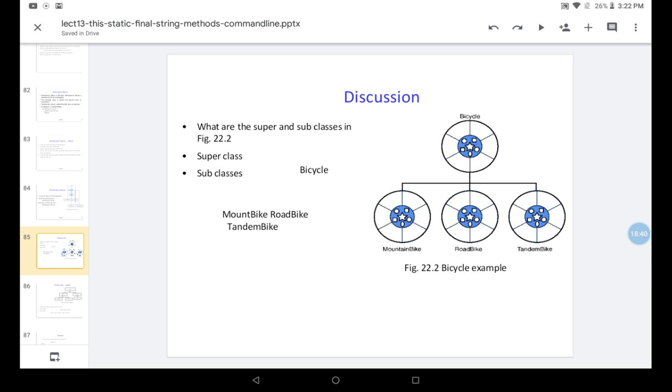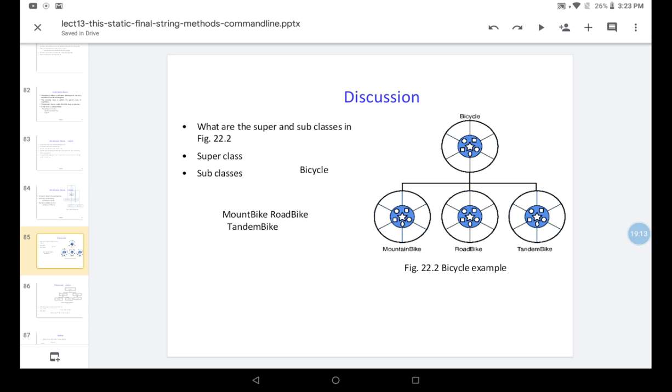If you take a bicycle, what are the properties it has? It has a handle, a seat, and two wheels. There are other types of bicycles we see: mountain bike, road bike, tandem bike. These three are also bicycles. Mountain bike is a bicycle, road bike is a bicycle, tandem bike is a bicycle.